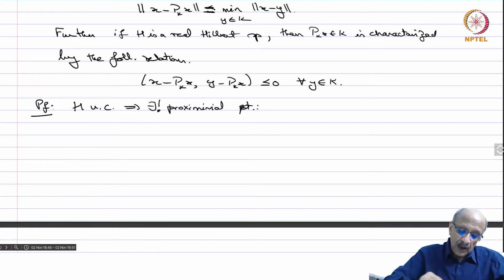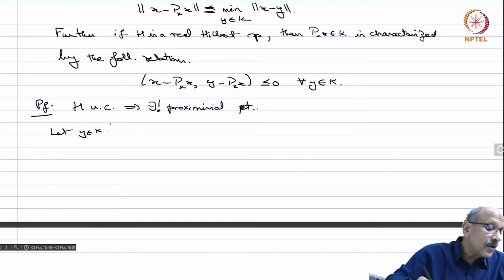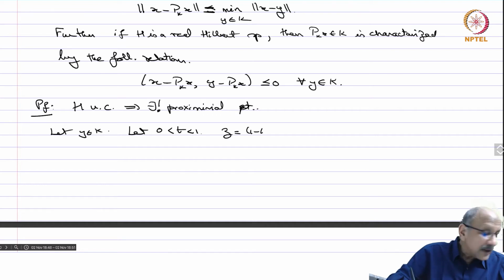Okay, so that we have already shown, so we only have to show that the characterization holds. Okay, so let y belong to K. Then let 0 less than t less than 1. Okay, and you set z equals (1 minus t) times P_K x